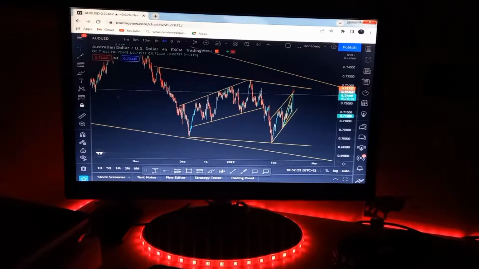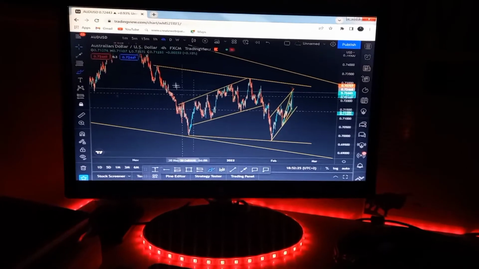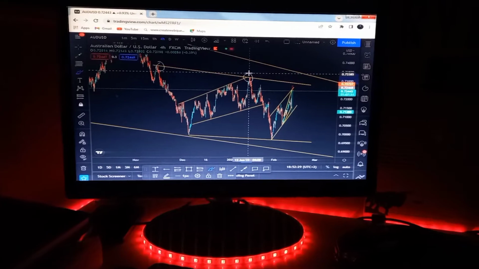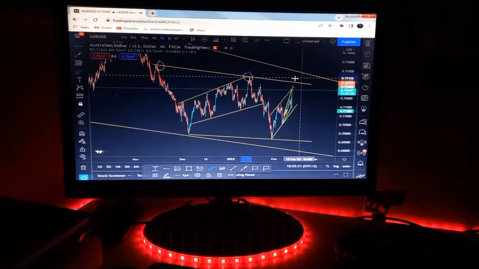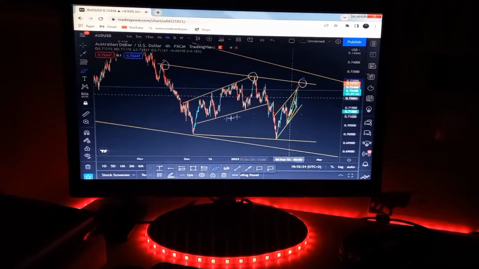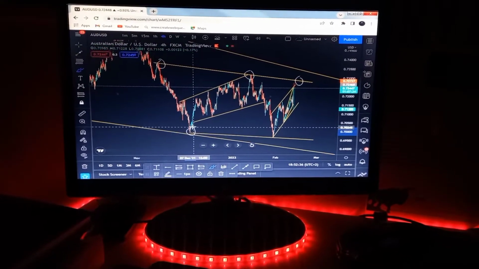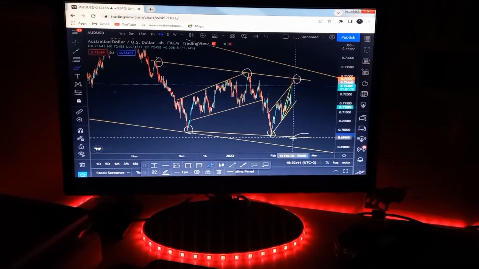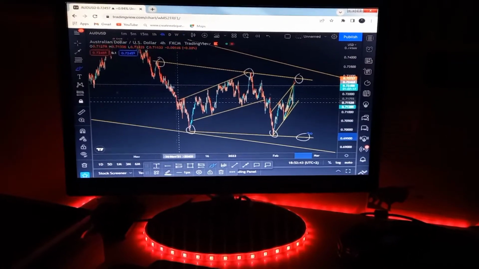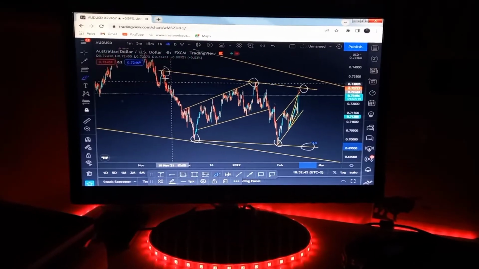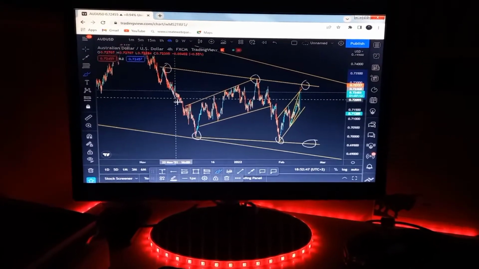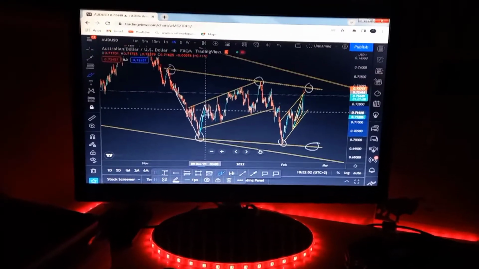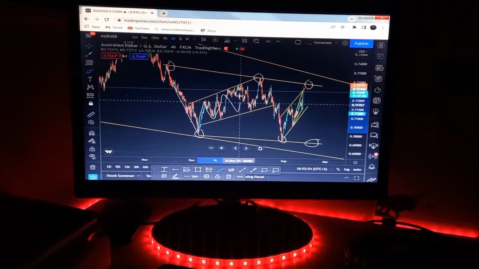lines over here. So what I'm looking at is that you have the 1, 2, and possibly looking for that third touch over there, and then over here we have the 1, 2, and then possibly looking for a third touch over here. So based on the higher time frame, you can tell the market came down impulsively over here and then created this corrective channel,